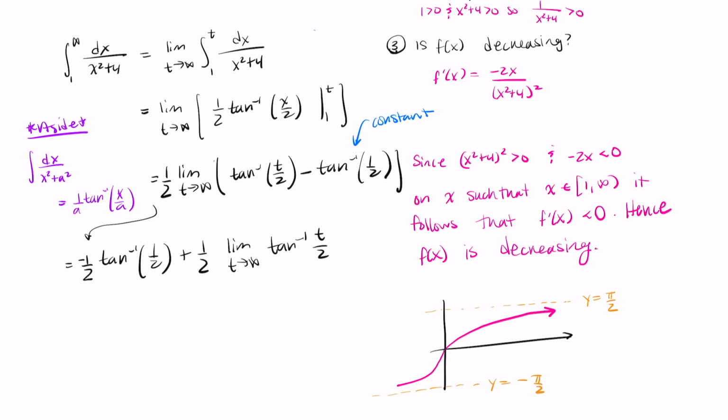Now we're supposing that this is the t-axis. So as t grows large, this curve of tangent inverse of x is going to approach pi over 2. So we're just left with negative tangent inverse of 1/2 over 2 plus pi over 2 times 1/2, which is just pi over 4. Now you can work this out on a calculator, but what